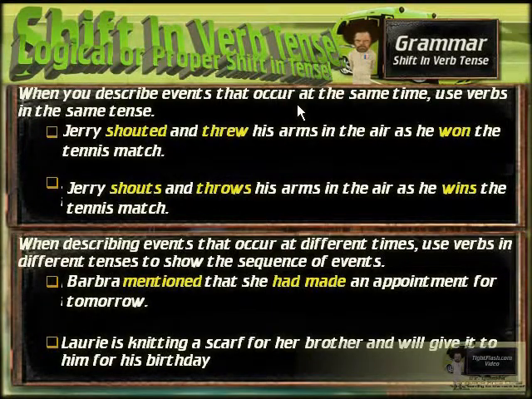Lori is knitting a scarf for her brother and will give it to him for his birthday. So let's break this sentence down here. Lori is, and of course is knitting is the full verb. Lori is the subject. And will give it to him, next clause, will give it to him